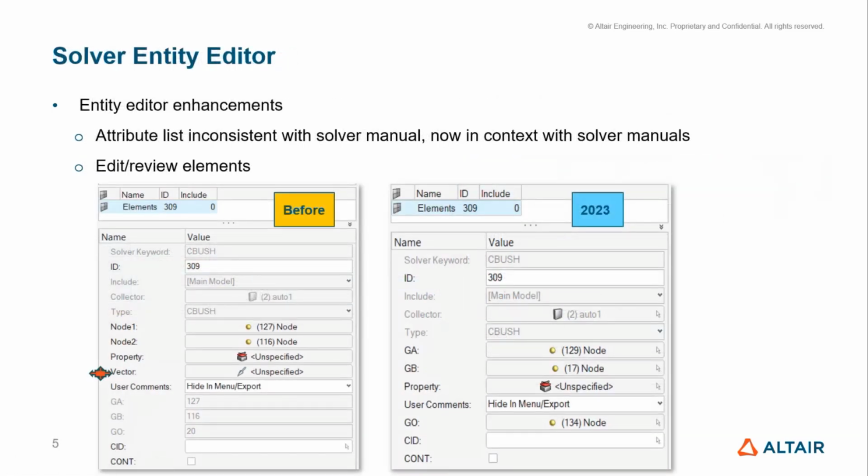Talking about the solver entity editor enhancements, the attribute lists were inconsistent compared with the solver manual. What I show on the left side of the image, under before, is, for example, a CBUSH element. We show all the attributes listed here, like the grids and the property, the system ID options and the continuation lines. However, we also show some